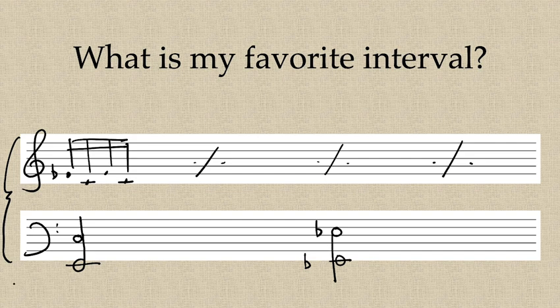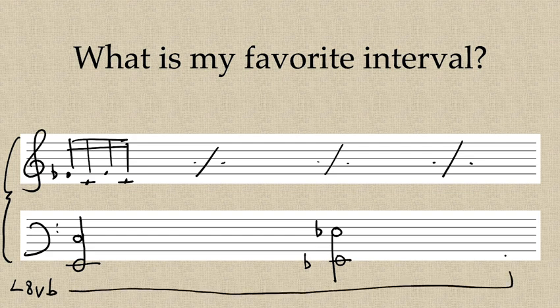So for the left hand, let's do this. An octave lower on the left hand. This is the original octave, but now it sounds like this. If I add in the right hand,